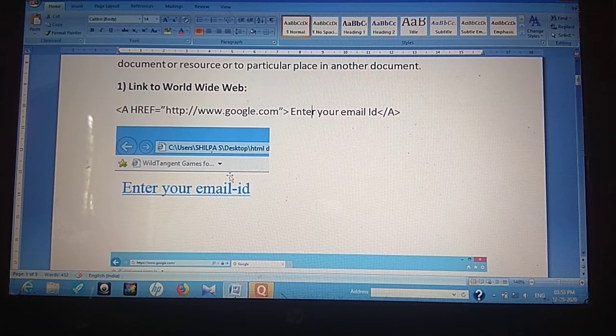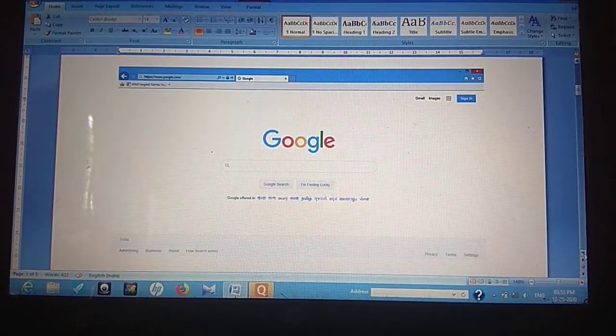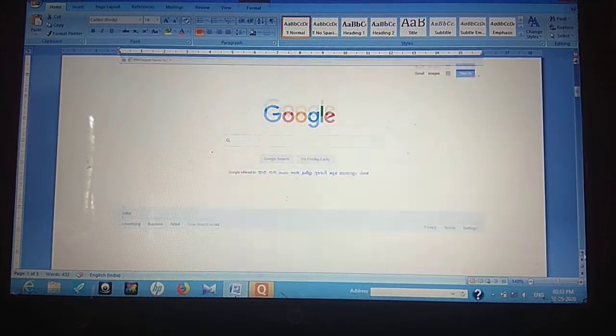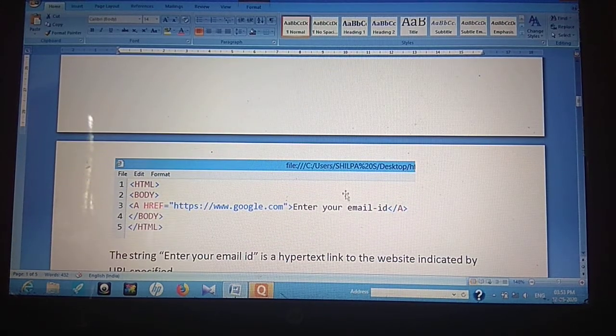Whenever I click on this text, I will go to the Google web page, as you can see right now. So this is the Google web page which I am able to reach after clicking on the "enter your email ID" text.